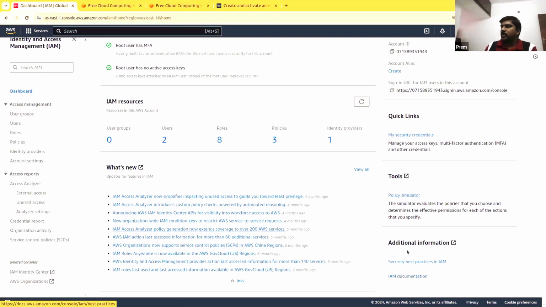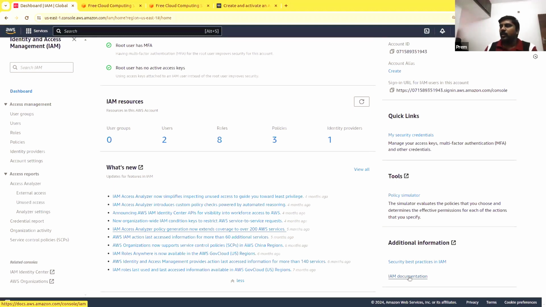Additional information, you see the IAM documentation, best practices. All these things are really important. You don't have to go through everything because it will be too time consuming. That is why we are having this call. All important key items we will consolidate and discuss. But if you are really into AWS and you are managing these things, then this is where you will often come and refer to in your day-to-day work.